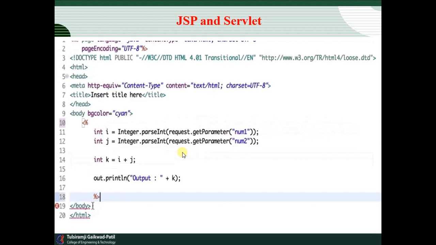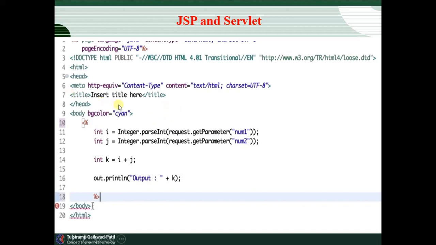Now how do we write the code using JSP? Same concept: we are going to add two numbers, but instead of using the servlet, we are going to use JSP. In the servlet, when we use the objects, we require the declarations of those objects, where we use res and req.